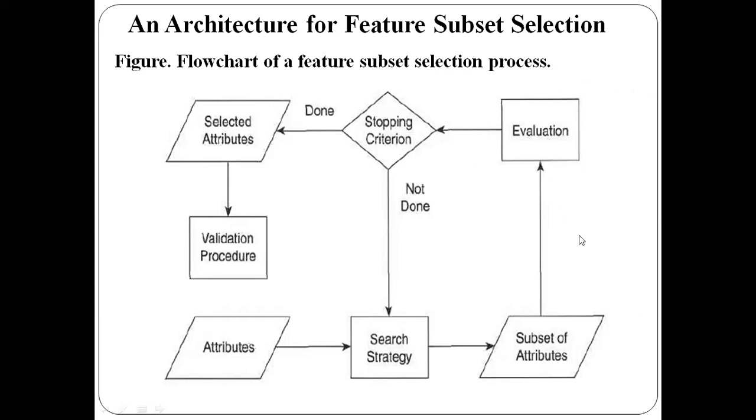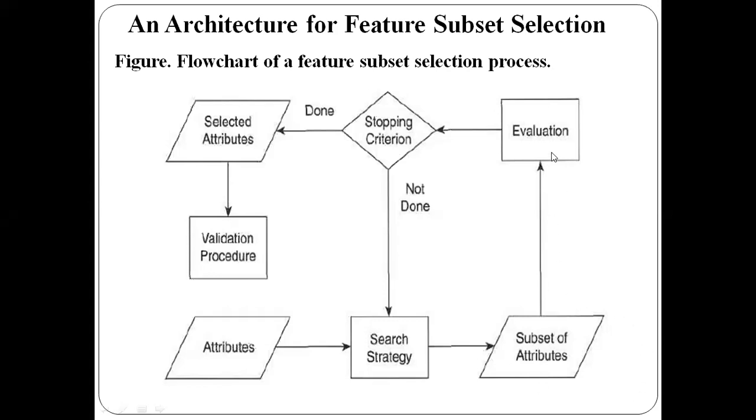Okay. So if it gives a good result, then that subset of features will be considered a good subset of features. So you know what the wrapper approach is. In the wrapper approach, we will have a separate target data mining algorithm. Using that target data mining algorithm, we will run the algorithm using the subset of features, and if it gives a good result, that subset of features will be considered a good subset of features.